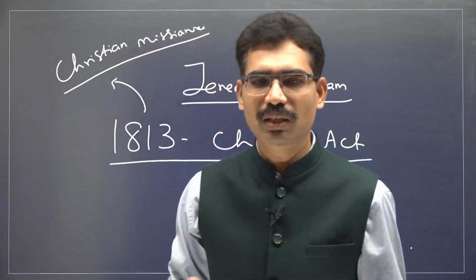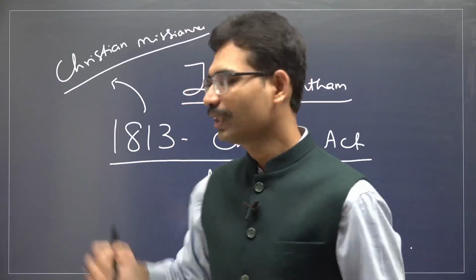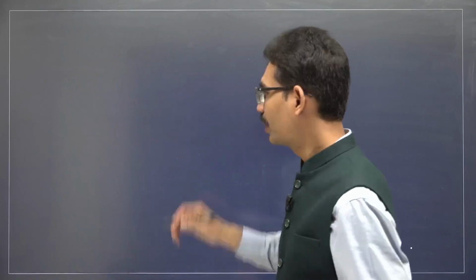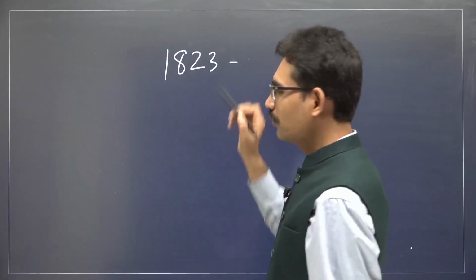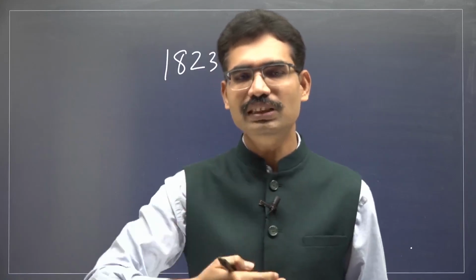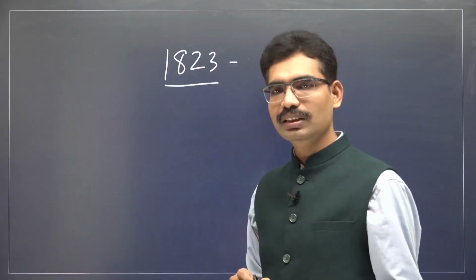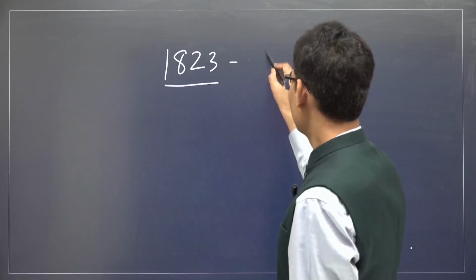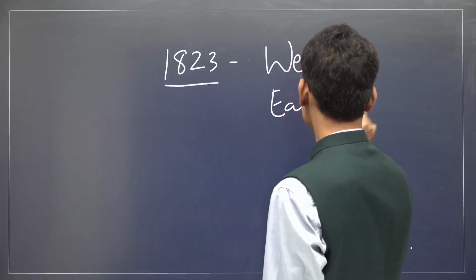East India Company officials, some were talking about the greatness of India, Orientalists. Some were talking about greatness of the Western world, that is Anglicists. This 1 lakh rupees was not spent, on which kind of education should be given to Indians. Only when you give education, then Indians will come out of these socio-religious evils. But that education must be given by East India Company to Indians. What should be the curriculum? Whether Western education or Eastern education.